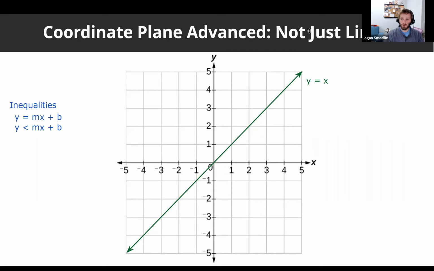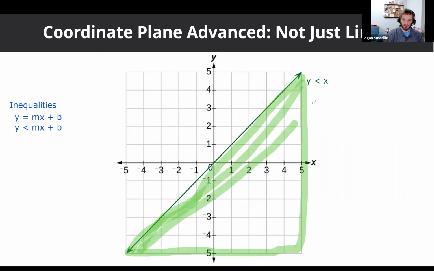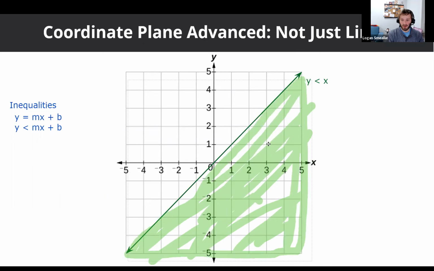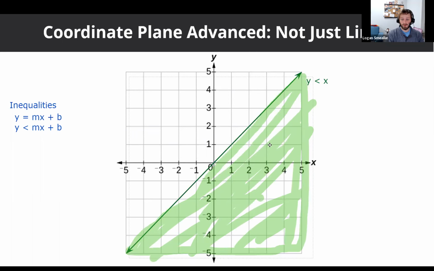Well, if they change it to y is less than x, you're actually going to have the same border line show up on the screen. So you can still treat y equals mx plus b the same way. It's just that now everything down here is going to be shaded in, because this is everything that's under the line. This would be y is less than x. They're going to still have the same line, and then they're probably going to shade in everything beneath it, in dark gray. So if you ever see that, that's what that means.